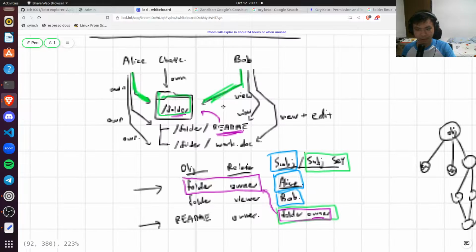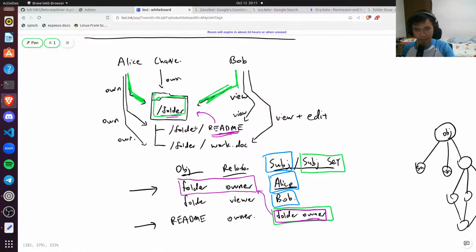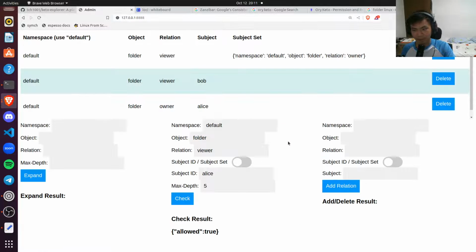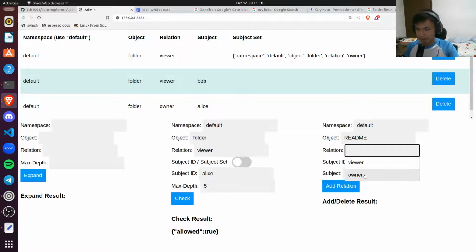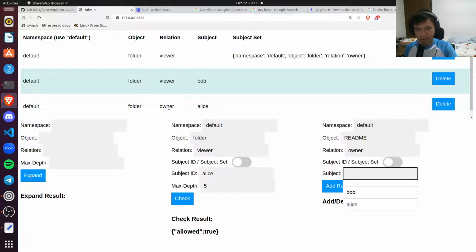Okay, so let's try to add the idea of documents inside the folder. If I add, I'm going to need to add some more relations. So let's add a readme document. The readme document has the owner of, I could put Alice over here because Alice is the owner of the folder, but once again, if I put Alice alone over here and click add